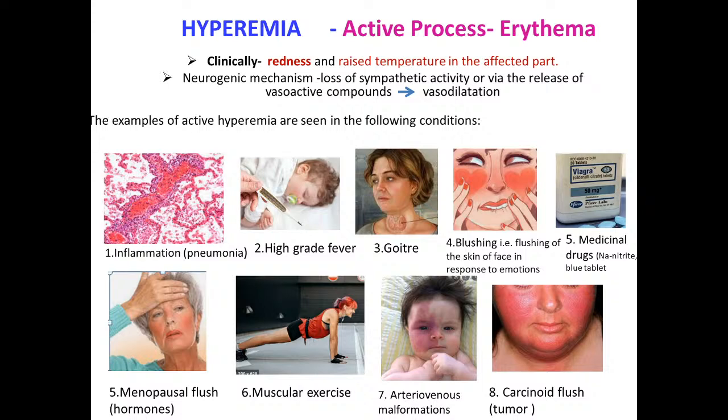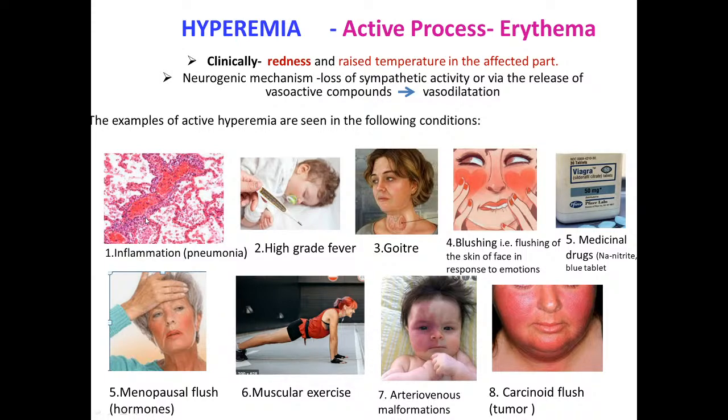Clinically, hyperemia is characterized by redness and rising temperature in the affected part. The affected tissue or organ is pink or red in appearance, or erythema. The dilatation of arterioles and capillaries is effected either through sympathetic neurogenic mechanism or with the release of vasoactive compounds and vasodilatation. The examples of active hyperemia are seen in the following conditions: